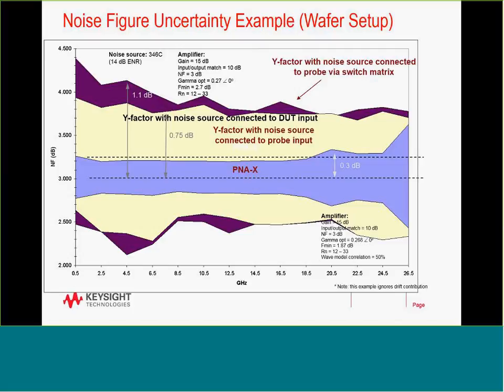For on-wafer, there's a lot of error due to the fact that the Y-factor method cannot be done right on wafer. It has to be done extended away through probe and cabling, so the error gets larger. However, with the network analyzer, the PNA-X, we can reduce that error and keep a much tighter uncertainty due to the fact that we do calibrations right at the wafer plane and also extend using